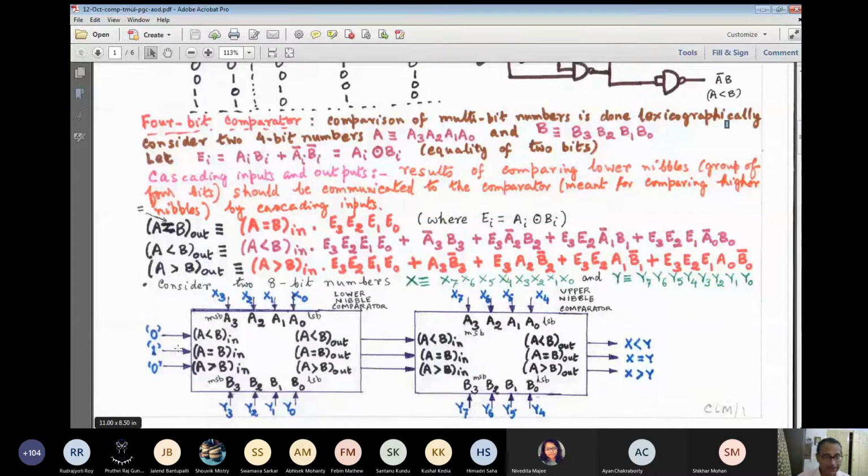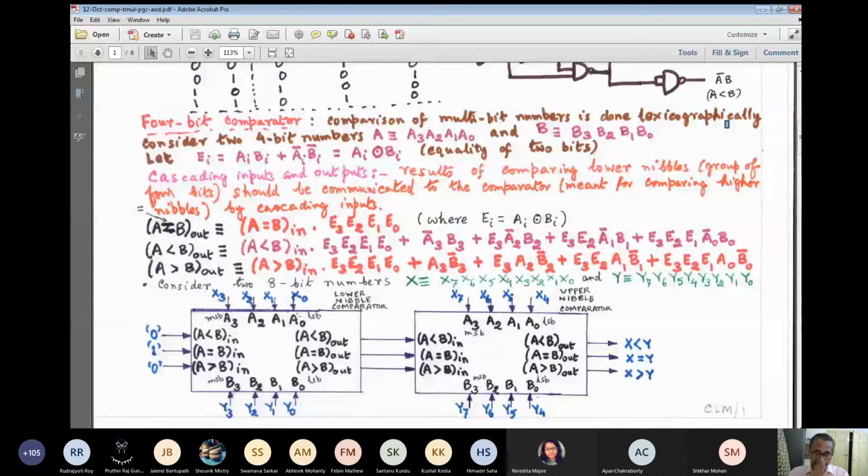So if we have found that A7 to A0 is less than B7 to B0, these 8-bit numbers, then this will be 1. The topmost input will be 1, namely A less than B. And this IN stands for, the subscript IN stands for input. This OUT stands for the subscript out. So we understand if this input is 1 and we are at the moment comparing the